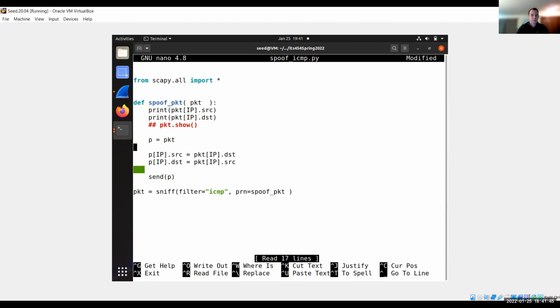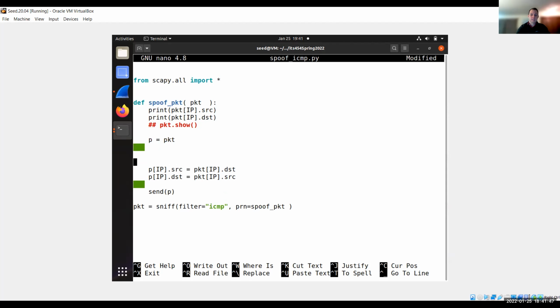All right, another approach that I'm going to take then, since that didn't work, is I'm going to just create a new packet from scratch. So I'm going to say A equal IP, and then the source of this one will be PKT, IP,